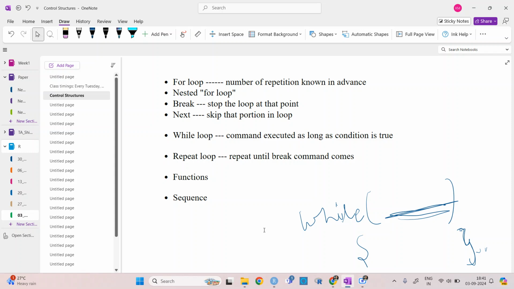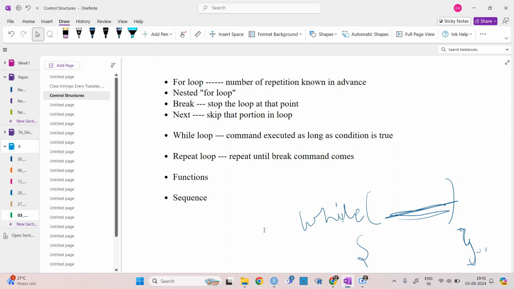So there will be a function to generate data from a random normal distribution, and there can be another function for an exponential distribution. So there can be a lot of functions. There are already a lot of functions available. So let's say you want to find the square root, you don't need to write the command for everything.